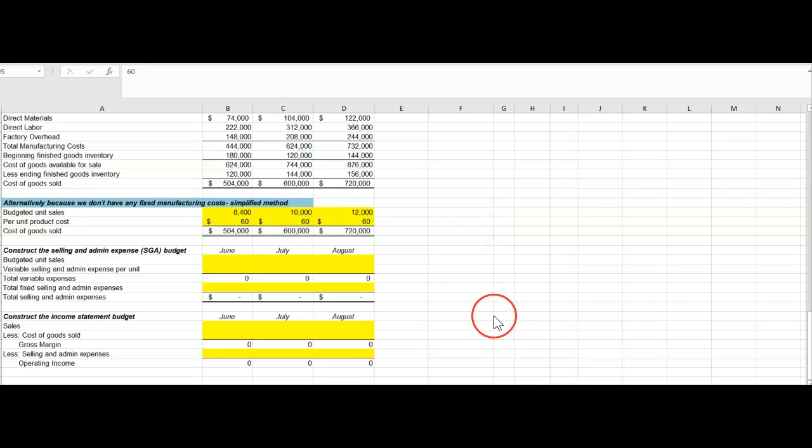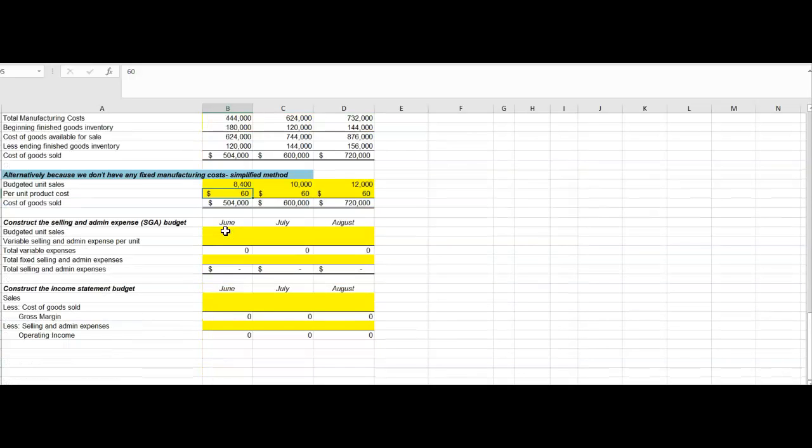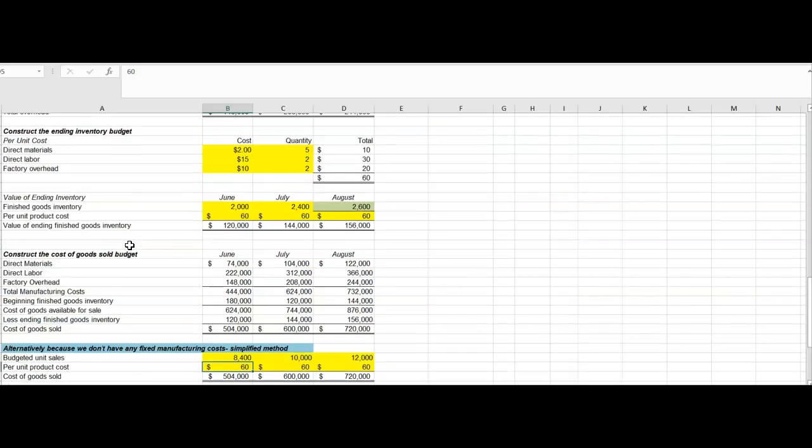Okay guys, you've made it to the last little section here of constructing our income statement. We just calculated our cost of goods sold, so we've gotten all of our manufacturing costs done. Now we need to look at our selling and admin expenses. So we're going to scroll up here,